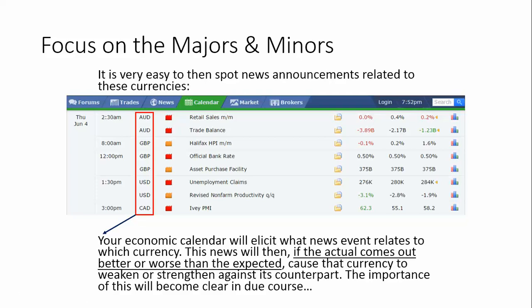So I don't know what actually happened exactly off the back of that, but I would have expected that the Aussie would have weakened significantly. Why? Because the data was worse than what the market expected. So this generally weakens the currency pair that it affects, which we now know is the Australian dollar because the calendar told us that. So this was just a quick video just to summarize the currency pairs that I want